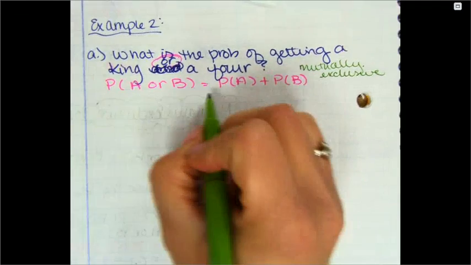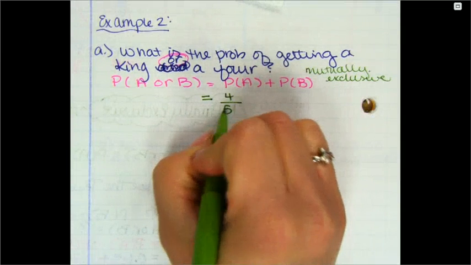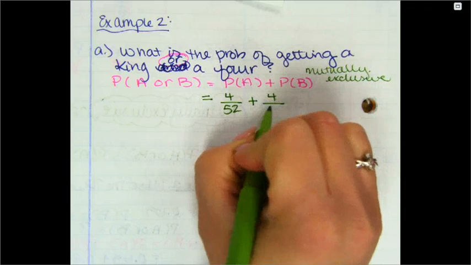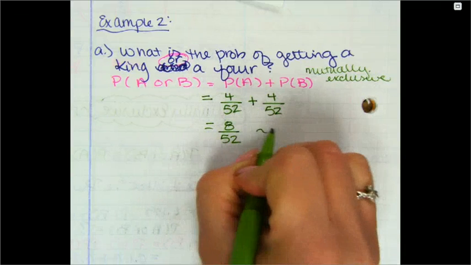So, the probability of A or B is equal to, what's the probability of A again? 4 out of 52 plus 4 out of 52, which is 8 over 52, which reduces to